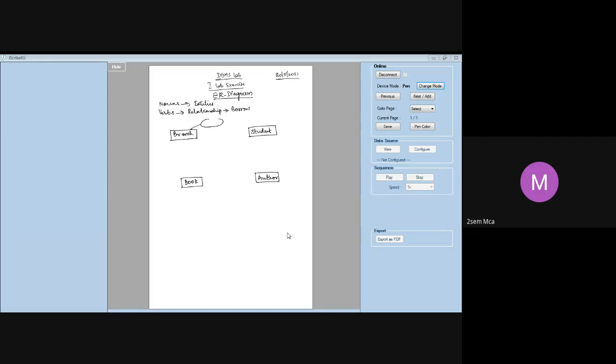Attributes are always shown with an oval symbol. This is branch ID. Branch ID is the primary key of this entity, shown in bold there already. So in an ER diagram, how do I represent a primary key? I should underline it. When I underline it, that means I am representing the primary key.